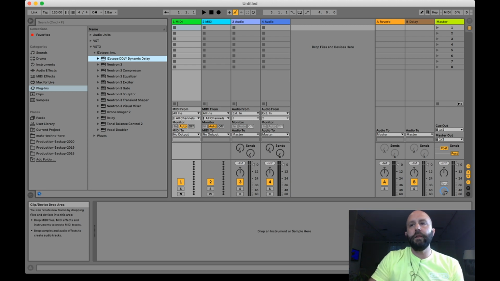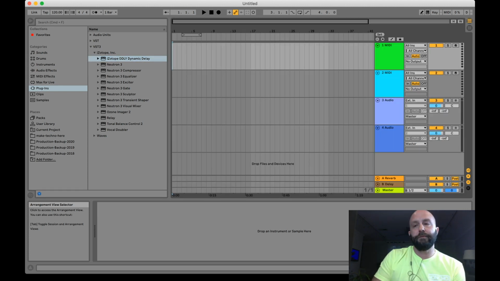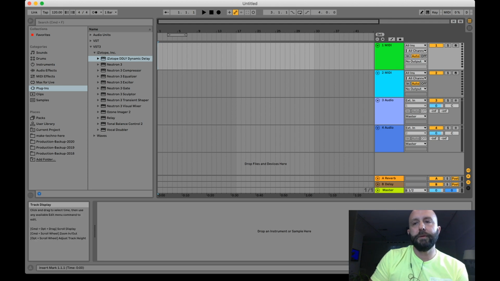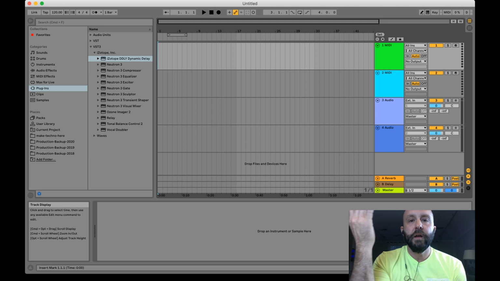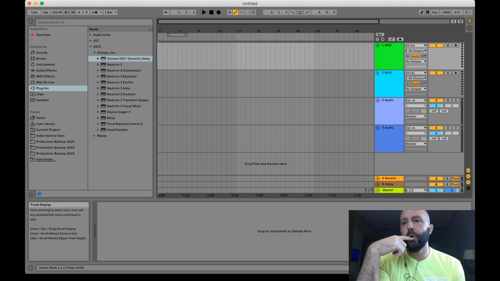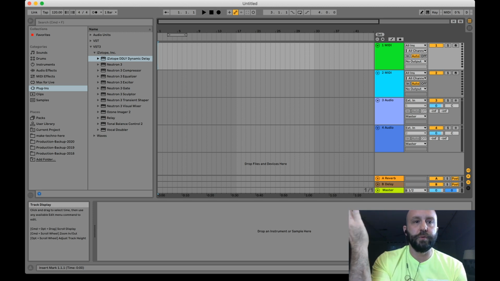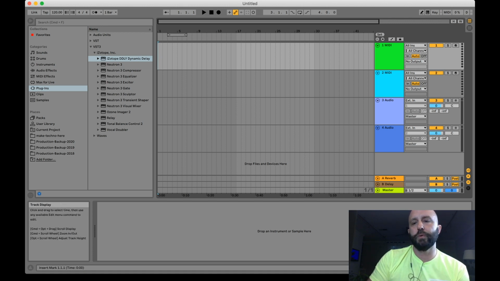And then on the other side of session view, this little button up here on the right is arrangement view. Now, if you work in another digital audio workstation, you're probably very familiar with this view. It looks very much like Logic, or even some parts of Fruity Loops. The Pro Tools session view looks very much like this. So if you've ever worked in a big studio with Pro Tools, this is kind of the view you get. But first we're going to talk